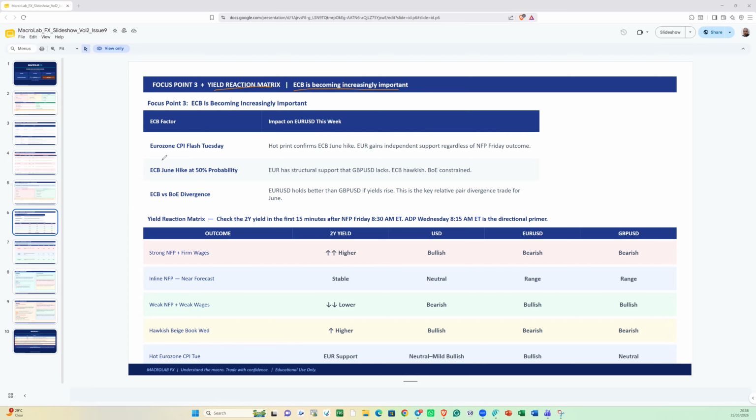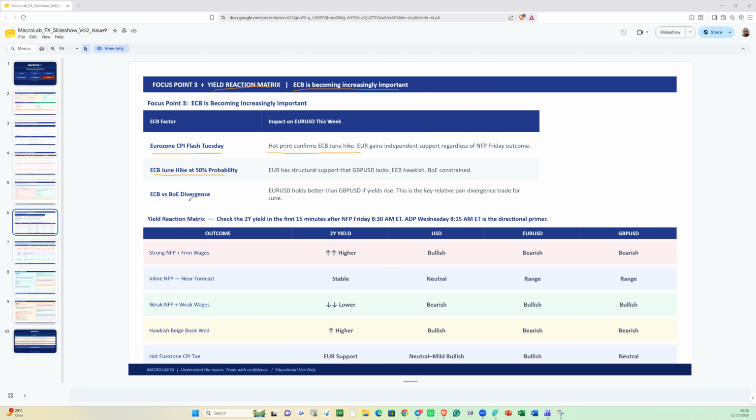And let's say on the ECB factor, we want to see the Eurozone CPI flash. A hot print confirms a June hike, then we could see Euro gain independent support regardless of the NFP Friday outcome. Then ECB June hike at 50% probability. If we see data coming in that supports the ECB hawkish narrative, then we'll start pricing for a higher price for Euro